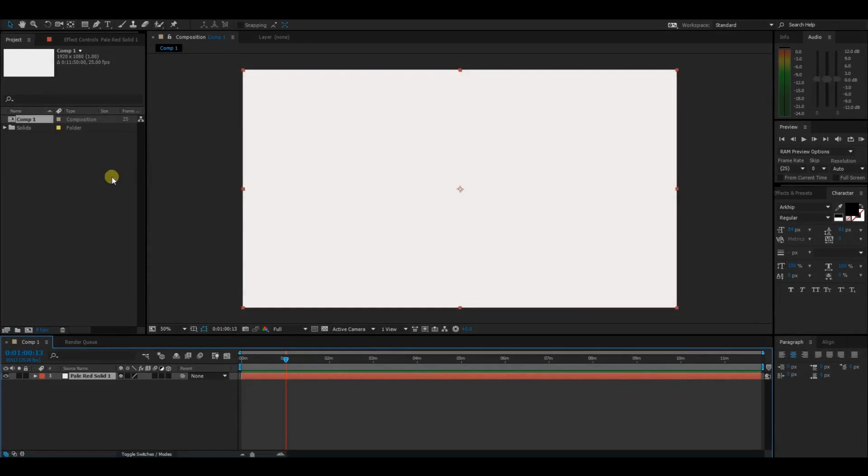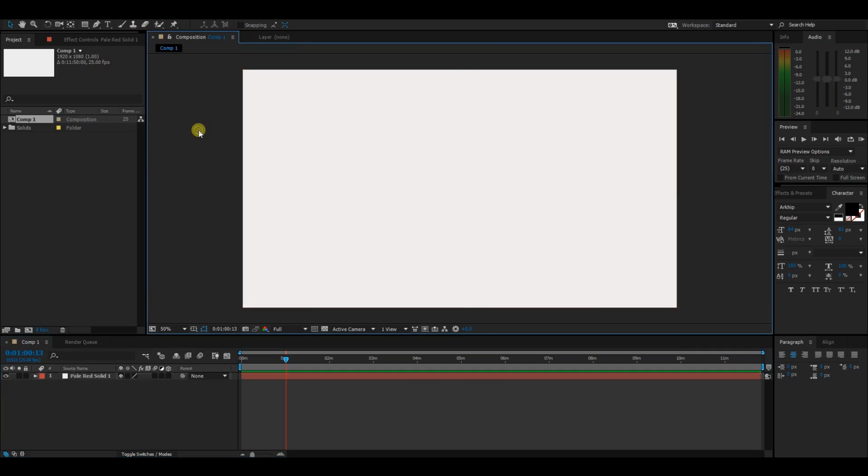In this lecture, we're going to talk about shortcuts. Now, at the top, you have different tools. You can of course select them manually, but it is much easier and quicker to use keyboard shortcuts. So when you hover over all those icons, you will see the key that you need to press to activate